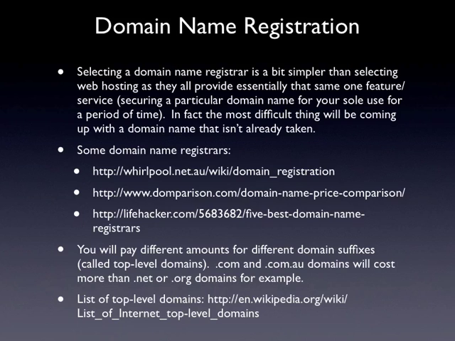Okay, I've got a link to a list of top-level domains here, a Wikipedia article, which tells you what they're meant to be for. But again, I don't think anyone's going to prevent you from using one. I think you may need an ABN to have a .com.au domain. That might be the only thing. Okay, so